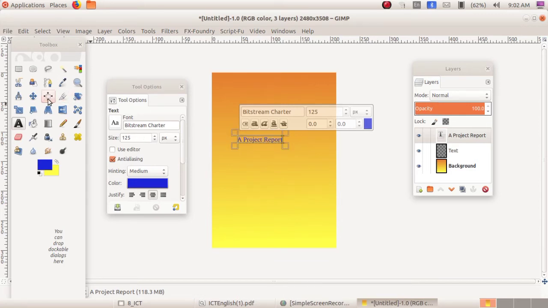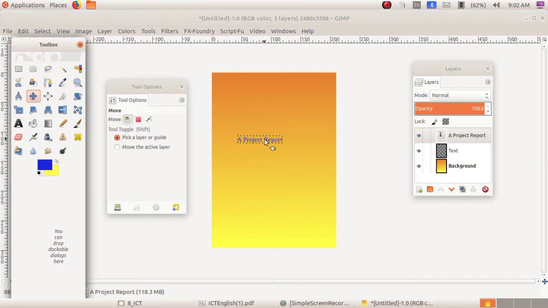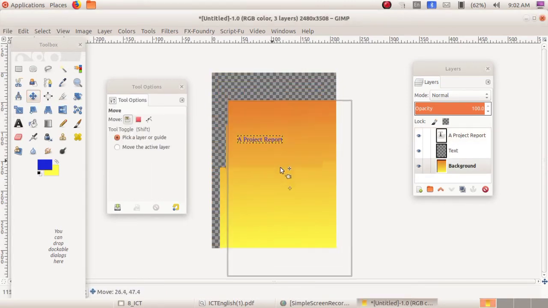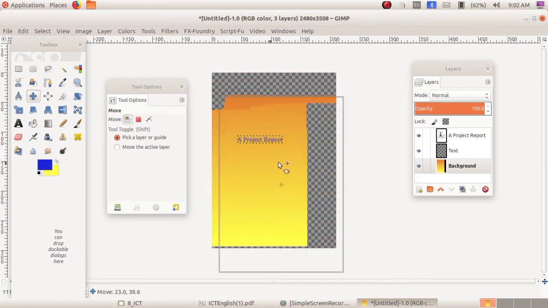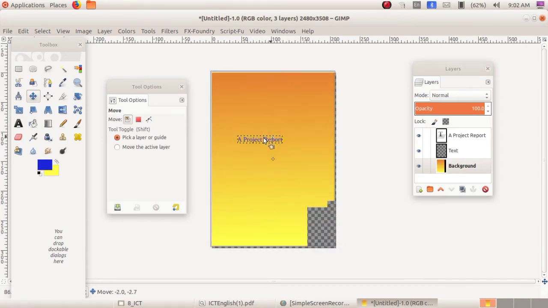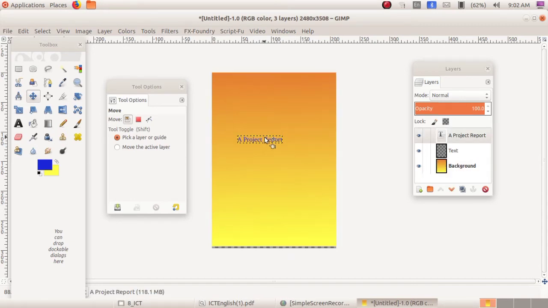After that, select the move tool. This is the move tool. You can move this. See, now I am moving this. You can see that the background is moving, not the text. So can you identify the move tool? Here you can see a hand figure.